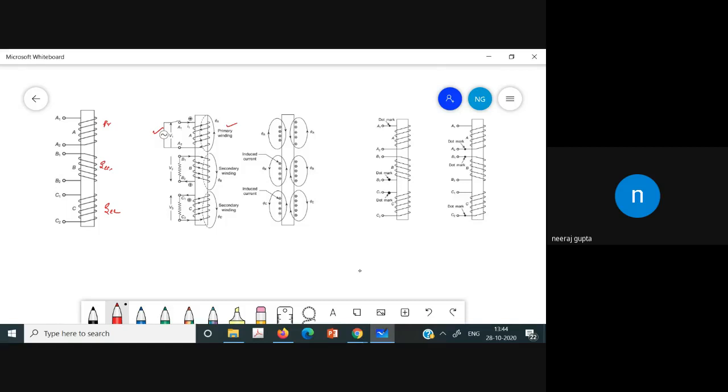Now this flux links the secondary winding and induces a current, and the induced current flows in such a direction as to oppose the flux phi A that causes it. It will generate a flux in such a way that it opposes the flux that is causing it. So the direction of the current in that case is like that. Now you will see that the current is coming out of this terminal B2, so we mark this terminal as the positive terminal because the current is coming out of it.